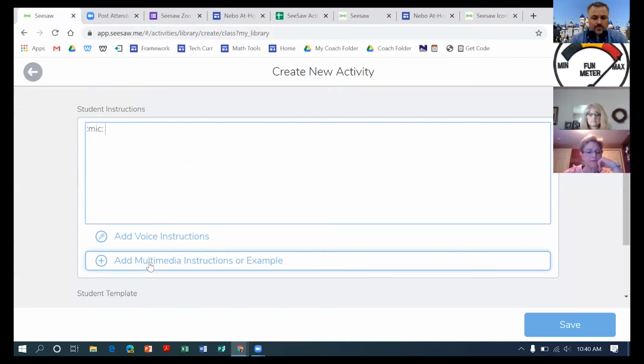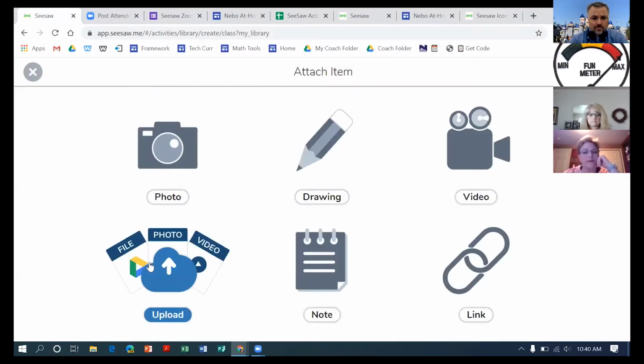You can then read the instructions to your students, and you can add multimedia instructions or examples. So this is just what the students are going to watch. They're not actually going to do anything with it. So you can add a photo, you can add a drawing, you could record a video in here, you can add a link, you can upload something from your Google Drive or your computer,